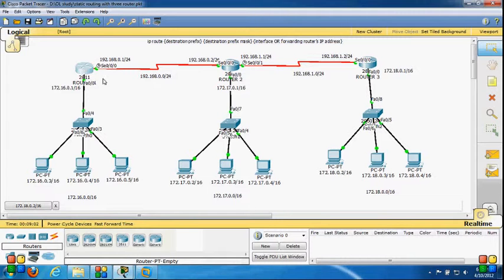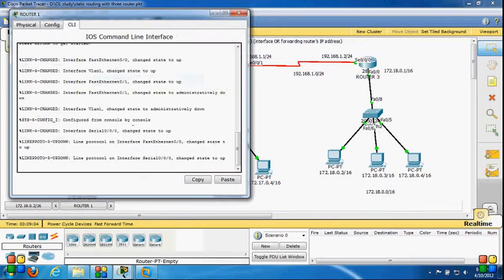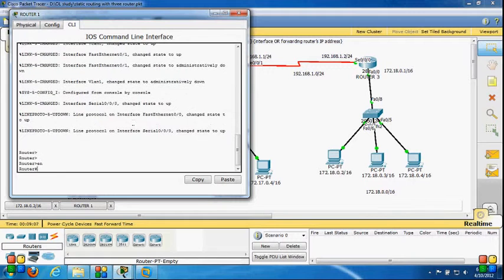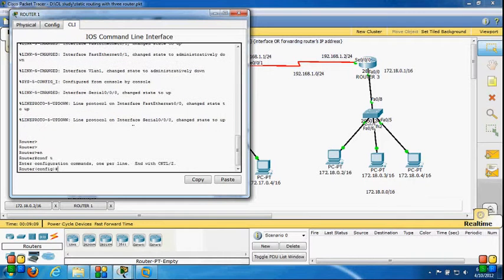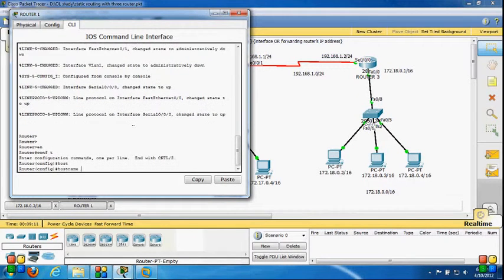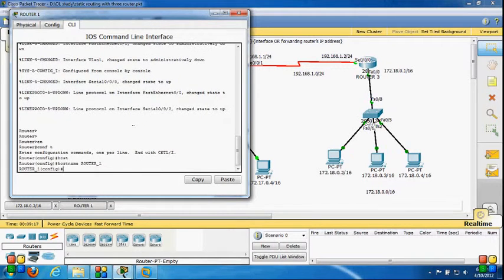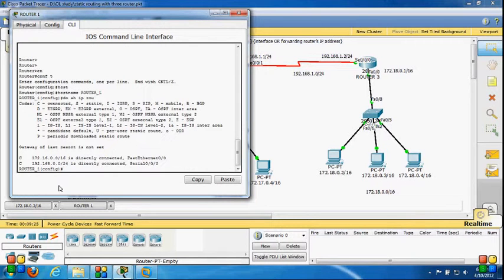So now let's start the configuration. I'm on router 1 right now. Here is enable, config t, and let me give the host name router 1. Now let's check the IP table of router 1. Do show ip route. It's showing me the directly connected networks 172.16.0.0 and 192.168.0.0.